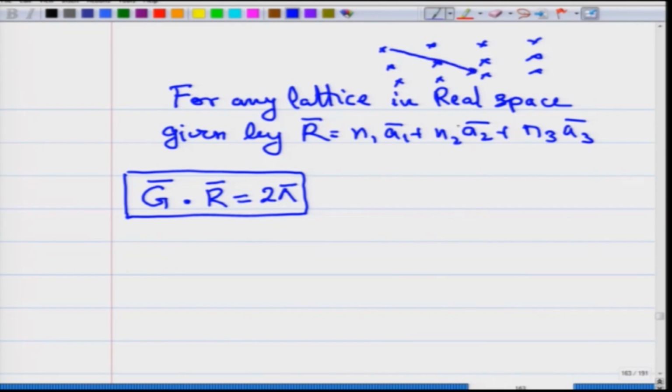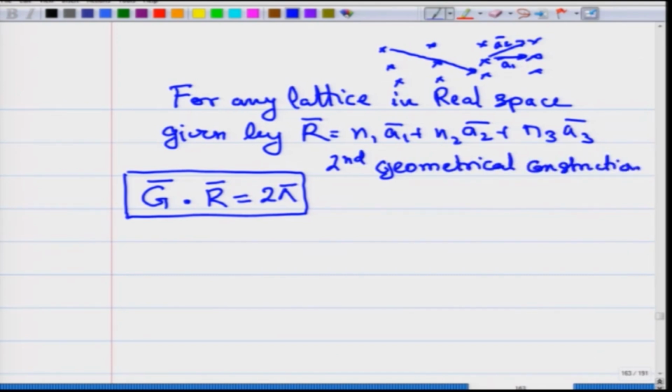You will have to define your a1 and a2 appropriately, whatever is your choice, and then using these you can generate your lattice points. But you can make another construction, and that second geometrical construction is with these vectors g, where these vectors g satisfy the condition that g dot R is equal